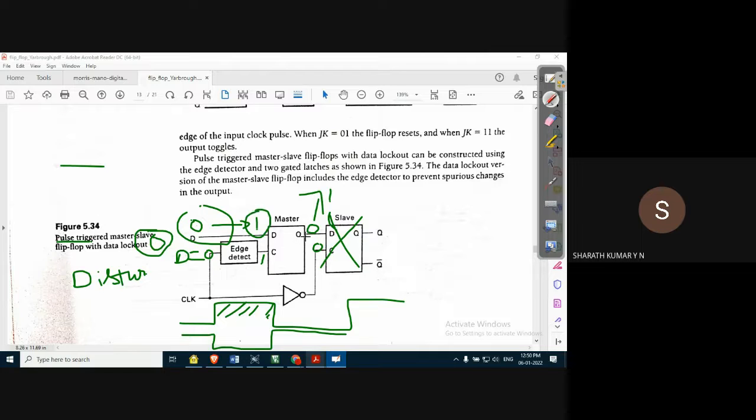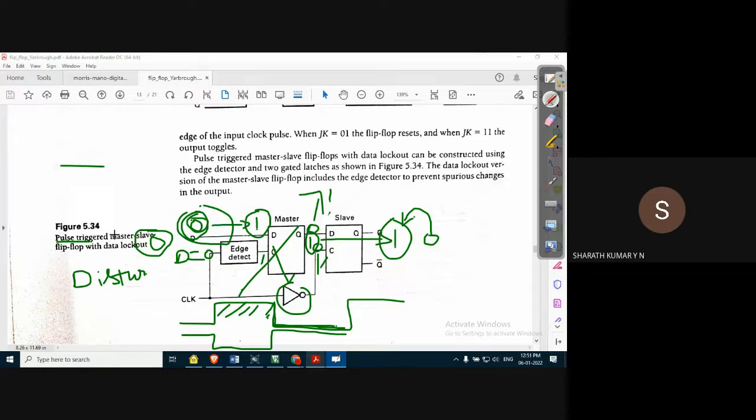This input will force the output of the master to change to 1, whereas our intention was to store logic 0. Okay, and the clock pulse will change from high to low, and it remains low. Master is disabled, no problem. But now the problem is the slave is enabled. Why? Because the clock pulse is low. Because of the NOT gate, the clock input of the slave flip flop becomes 1, and the output of the master was 1. This 1 now propagates to the output of the slave flip flop, and it becomes 1. What was our intention? To store logic 0. Instead of logic 0, the output of the master slave flip flop becomes 1.